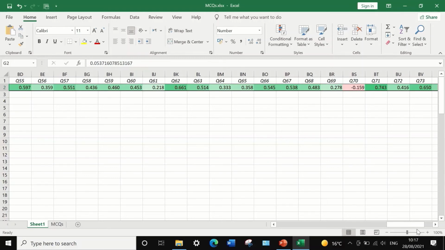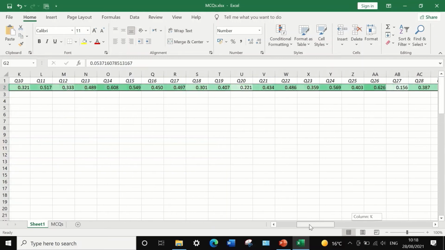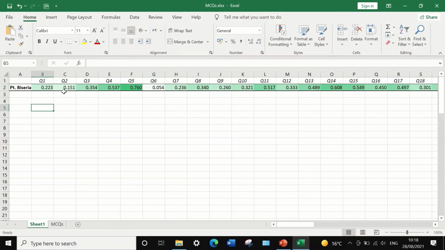So this is the way to discriminate between questions and find out which questions are good and which are bad, which questions to keep and use in the future exam sheet, and which ones to replace, rearrange or rewrite. Now, some of these values for the point biserial are high, but